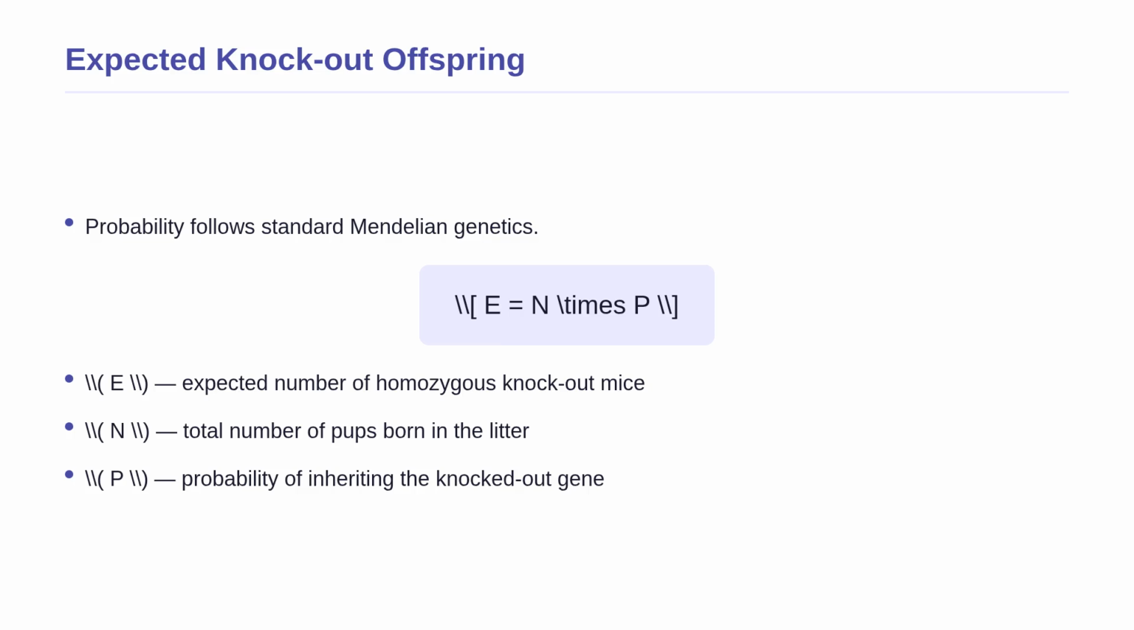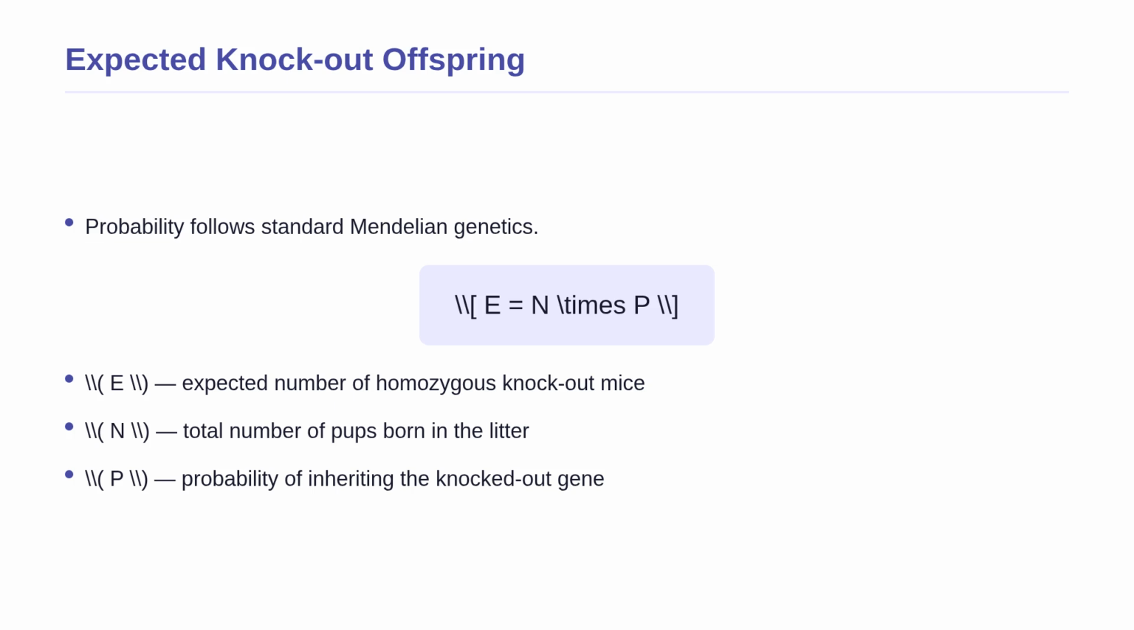This brings us to the mathematical representation of knockout breeding. We can express the expected number of homozygous knockout offspring using a simple probability formula. E equals N times P. Conceptually, this formula just takes the total number of offspring and multiplies it by the genetic probability of inheriting the